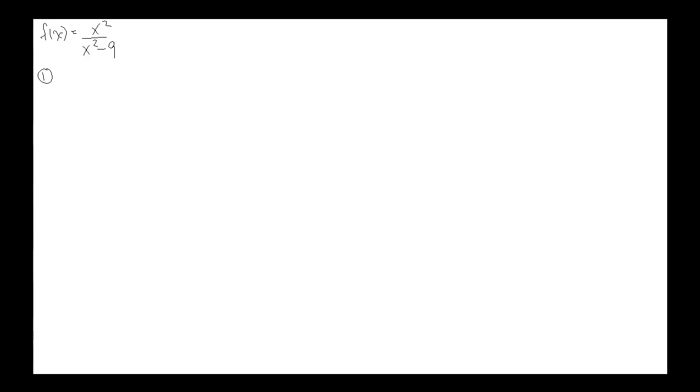Okay, so first of all, we have a rational function. And to find points of discontinuity, remember, it's where we have division by 0 or roots of negative numbers. We do have division here. We've got x squared minus 9. So x squared minus 9 equals 0, and x squared equals 9, which implies x is going to be 3 and negative 3. These are our points of discontinuity. So we'll need to keep those in mind.